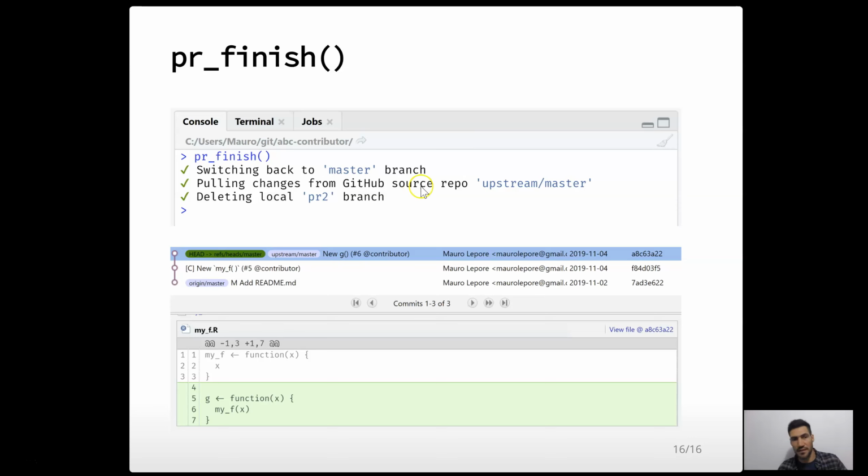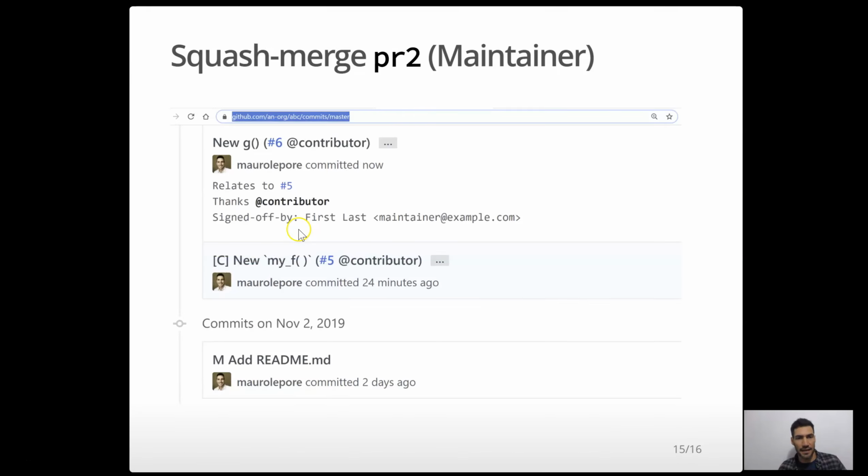So basically this means that our master branch now locally would be synchronized with the upstream master, and then PR finish also deletes the PR2 branch, so we are back in a clean state. So if we see the commit history here, let's go back one slide or two slides actually